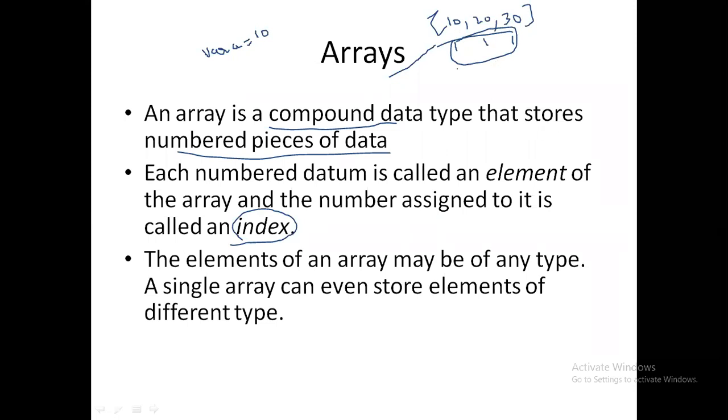The first one starts from 0, the second from 1, and the third as 2. So it is labeled from 0 to 2, so the array size is total 2. When I say the size is 2, it means it starts from 0 to 1. Each and every component, that is, each piece of data placed in the array data type, will have some number.